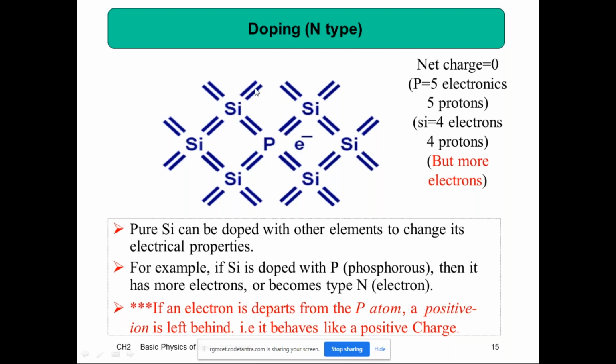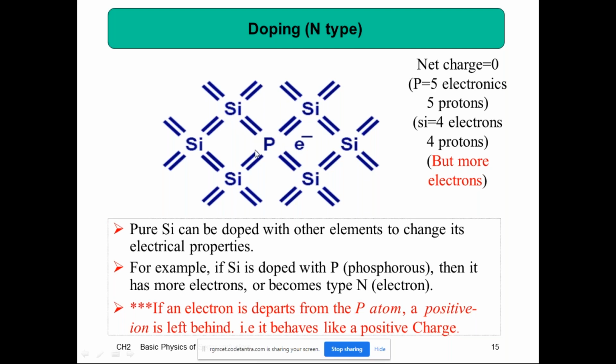In silicon, 4 valence electrons are there. The 4 valence electrons are shared with other silicon atoms and form strong covalent bonds. And observe here, the number of protons inside the silicon atom is 4. Protons have a positive charge, similarly electrons have a negative charge, so neutrality holds at the silicon atom and the net amount of charge is equal to 0, right?